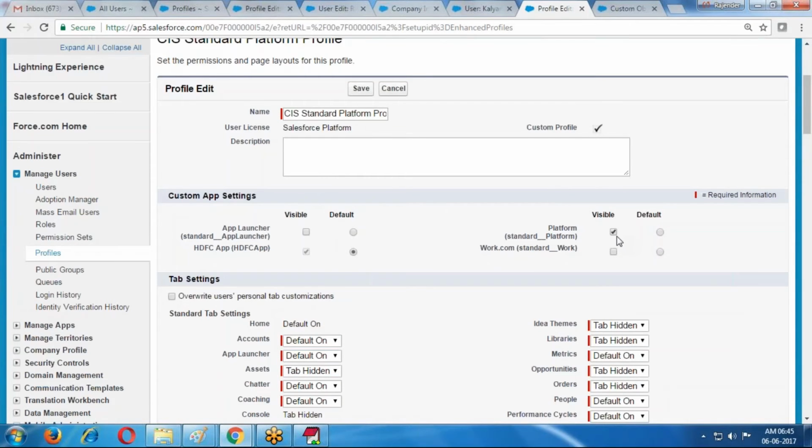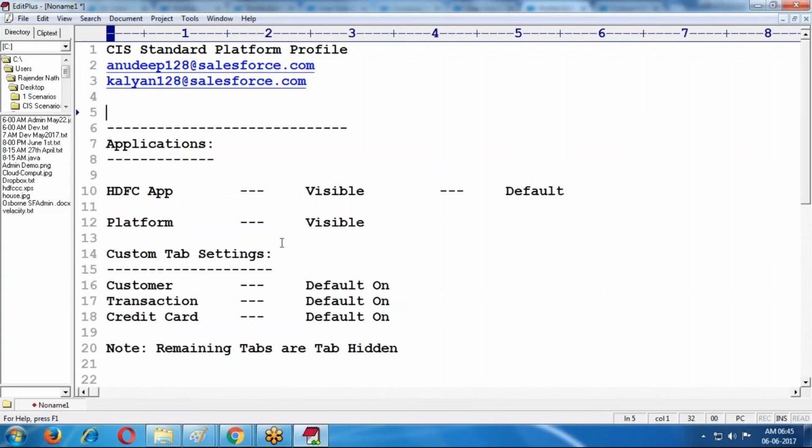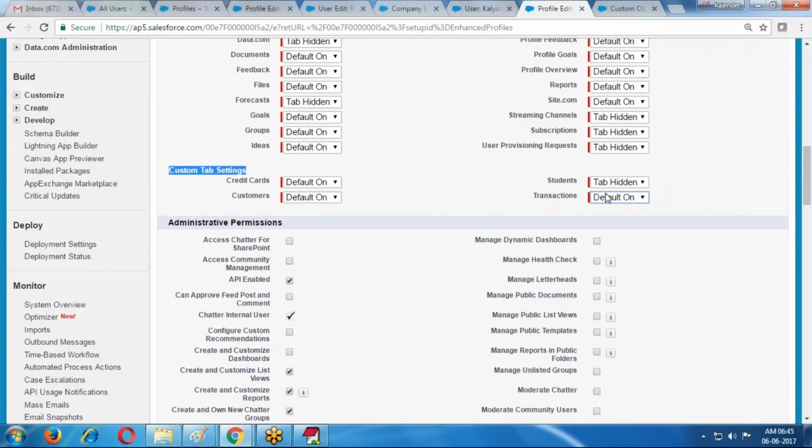It is only visible. Now custom tab settings: credit card tab default on, customers also default on, but the student tab only is tab hidden. These three tabs are default on. Only the student tab is tab hidden.